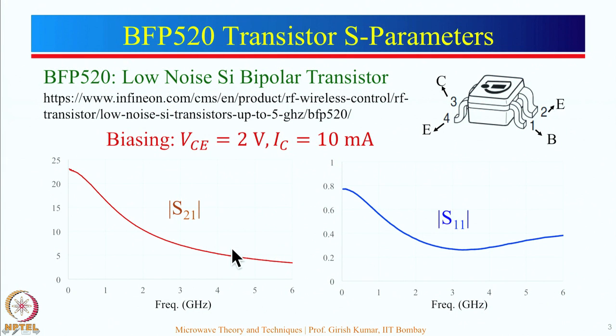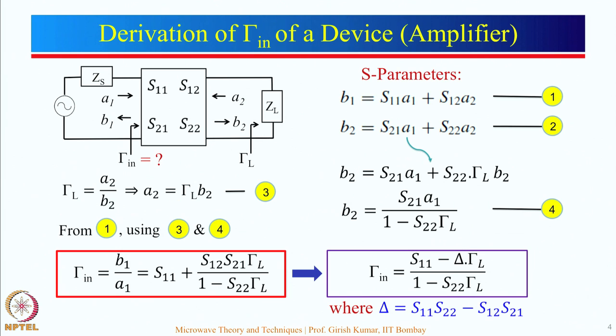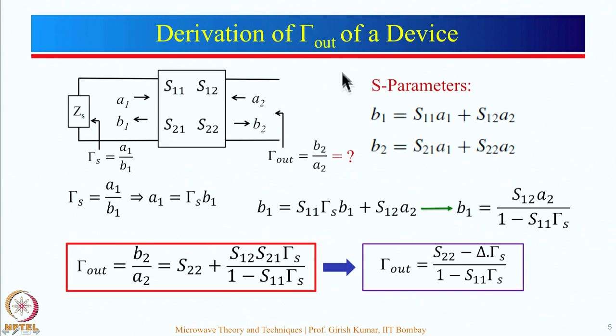as frequency increases. And this is the plot for the S11. We had also noticed that S11 has a non-zero value over the frequency band. Hence, it is important to design impedance matching network in the input side as well as at the output side. Hence, we looked at the derivation for gamma in of the device, which is given by this particular expression over here. Then we looked at the derivation of gamma out of the device, which is given by this particular expression